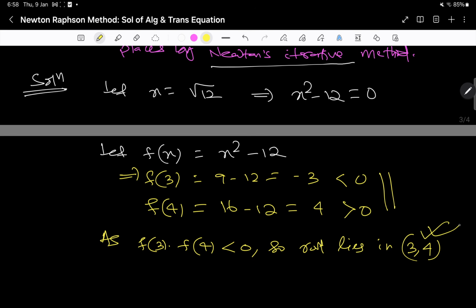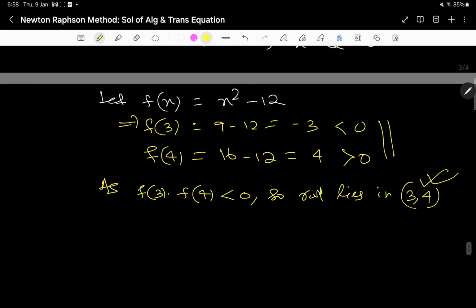I take any value in between. I may take 3, I may take 4, or I may take any intermediate value. Let me suppose I take the midpoint 3.5 as x0, the initial approximation,